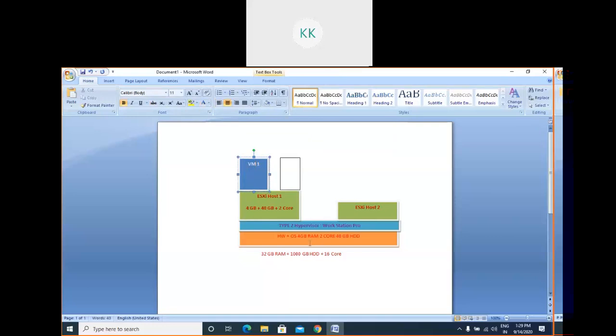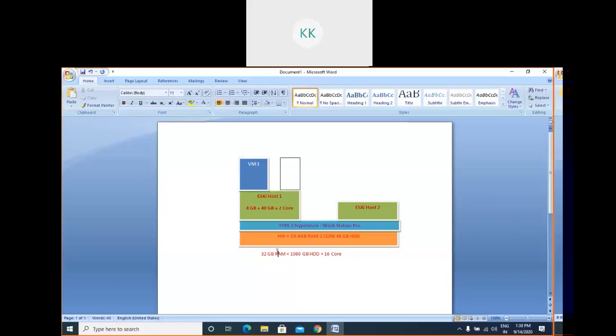Here 4 GB is gone. Say suppose I'm giving a minimum of 1 GB here. 4 plus 1 is 5, 5 plus 4 equals 9. 9 GB gone. Total was 32. How much is left? 32 minus 9. Who can say? I think it is 23.